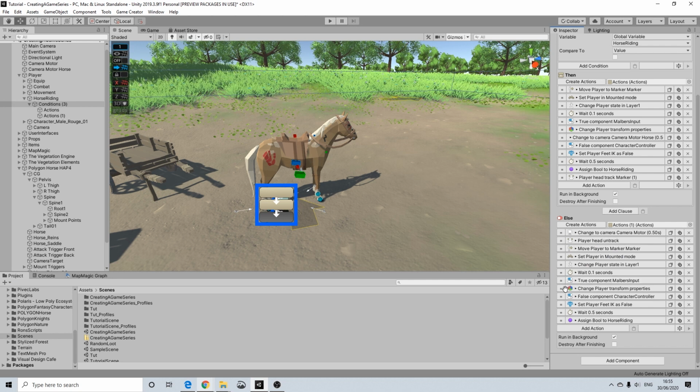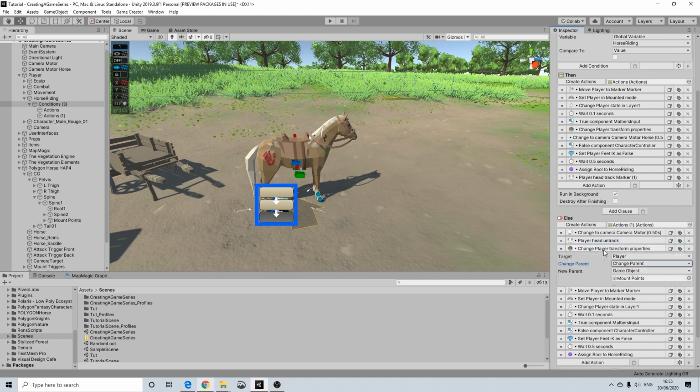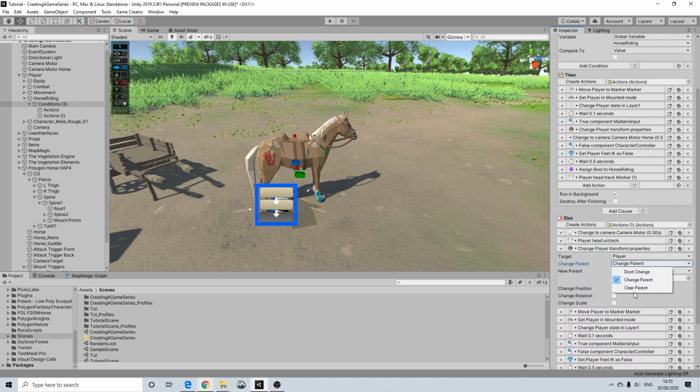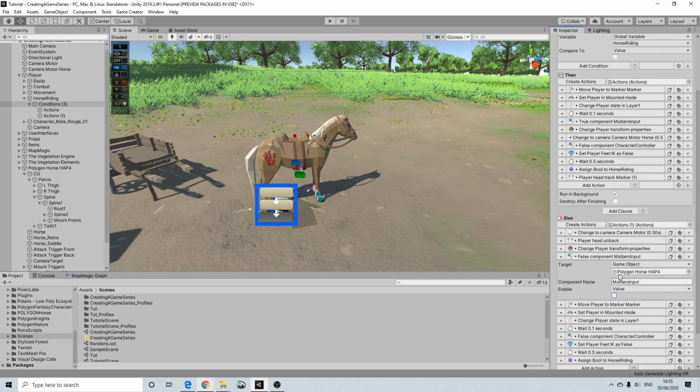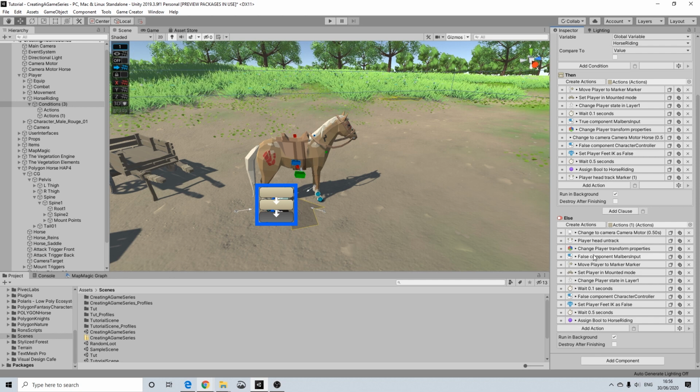Then next up we are going to make sure we clear the parent. So change parent is the default. We're going to clear the parent so he no longer has a different parent. Then at the same time we are also making sure that we can no longer control the horse. And keep in mind, because there's no wait here, all of these will be executed at exactly the same time. So the order of this matters a bit less, but basically whenever there is a wait, that